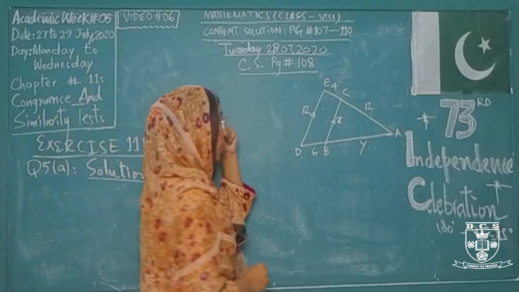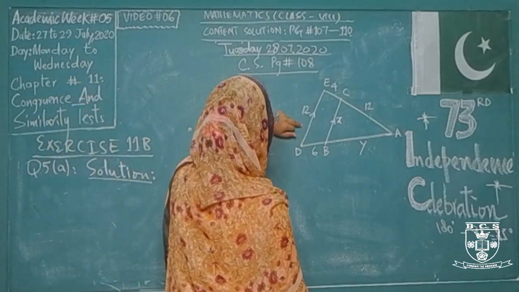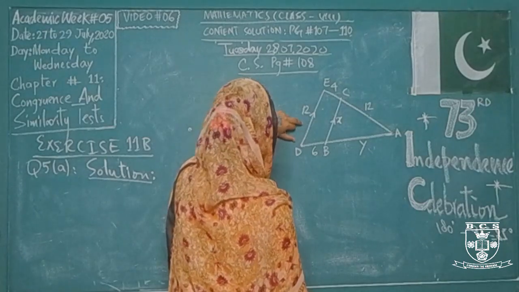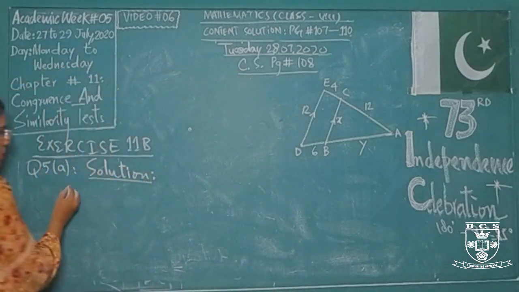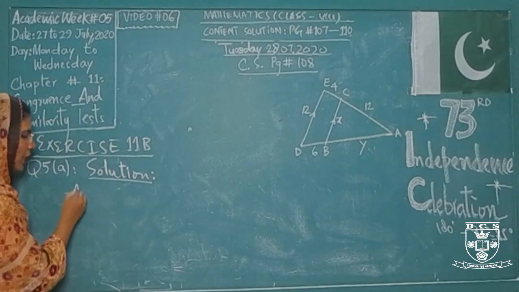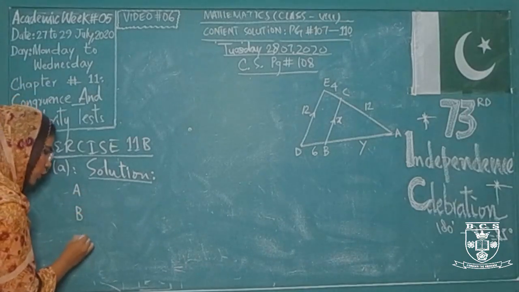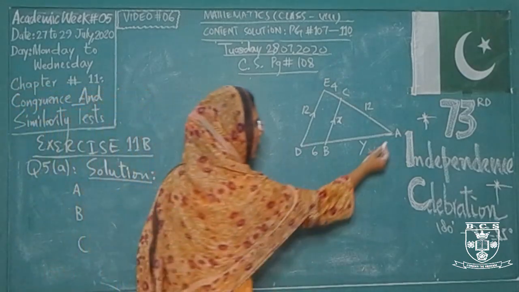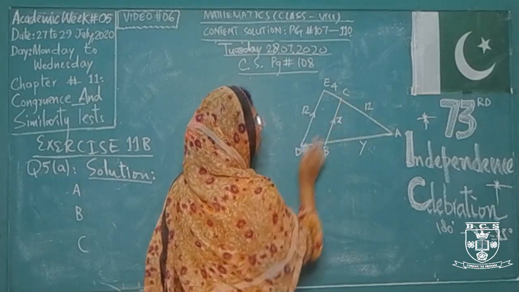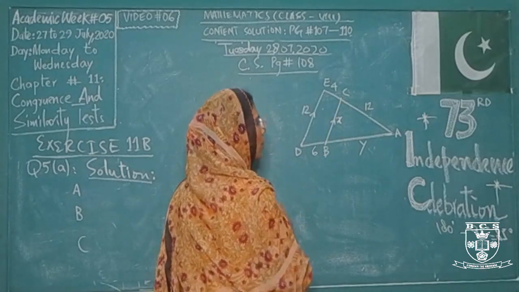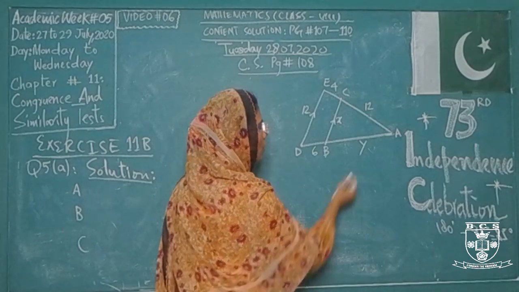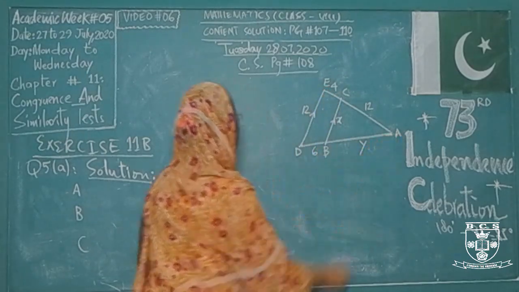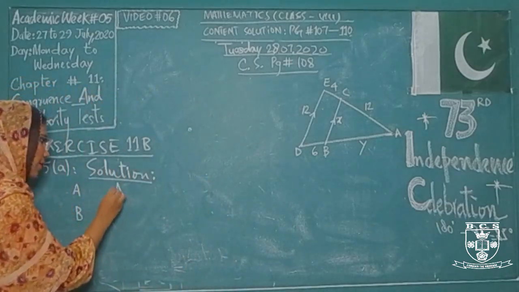Yes, for question number 5 part A, these are the 2 different triangles. So first of all, we will write their corresponding points so that we can easily solve these particular triangles for finding the value of x and y. First, I have mentioned the 3 points of my first triangle, that is triangle A, B and C. Now they must be corresponding to some other points of the second triangle. So our second triangle is A, D, E. So A is corresponding to itself, that is A.